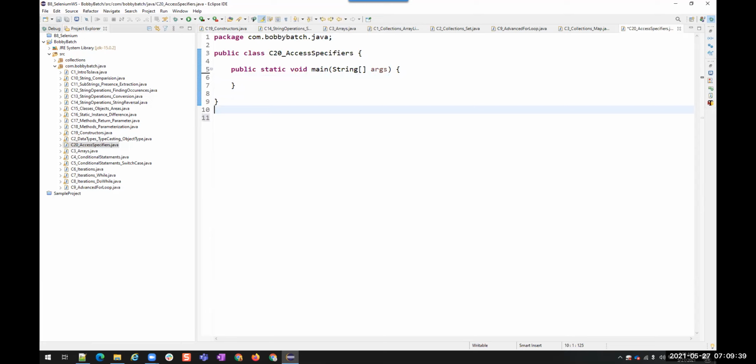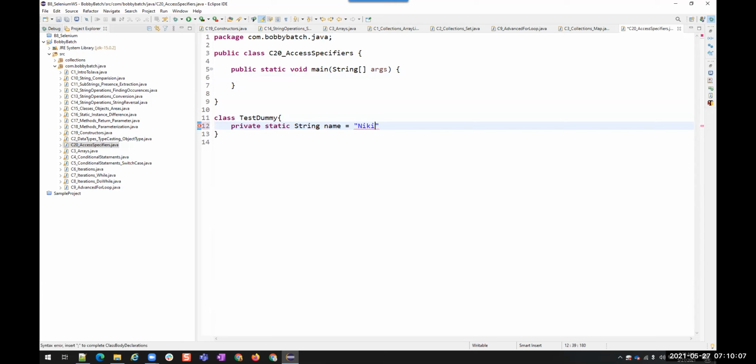So I'll create another class here. And then here create private static String name is equals to...